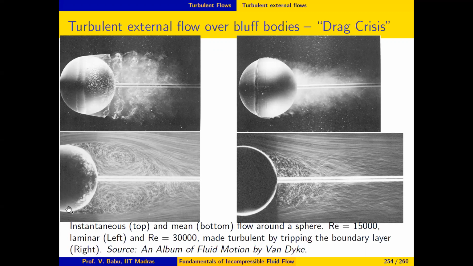And so initially, when the flow was laminar, the separation point is located over here, or the separation points are located here. And as the Reynolds number increases, eventually when the flow becomes turbulent, the separation point moves from here all the way down to this location. So only when the flow has the freedom to relocate the separation point as shown here, does the drag crisis